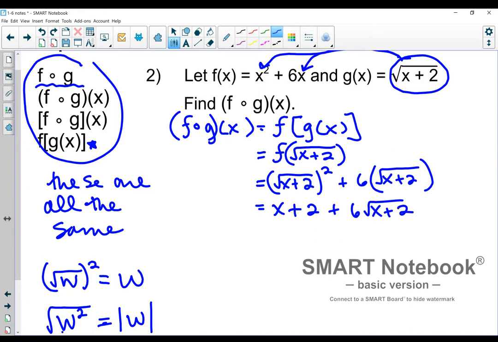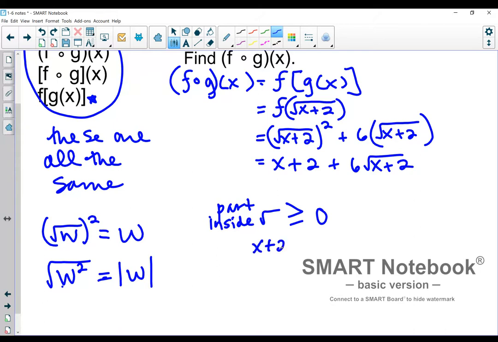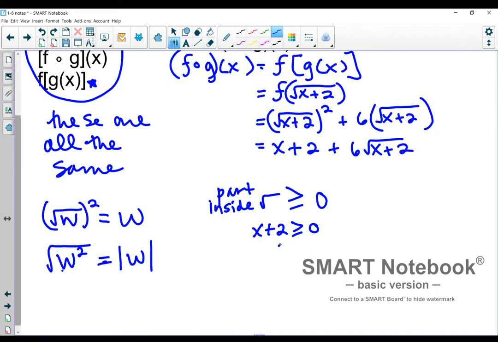And remember, we talked about how for square roots, we can't square root negatives. So the part inside the square root always has to be greater than or equal to 0. So that would mean I have x plus 2 greater than or equal to 0, which would mean x is greater than or equal to negative 2. And I don't need to see the work for all this part, but